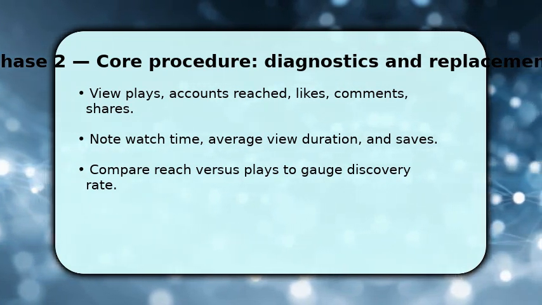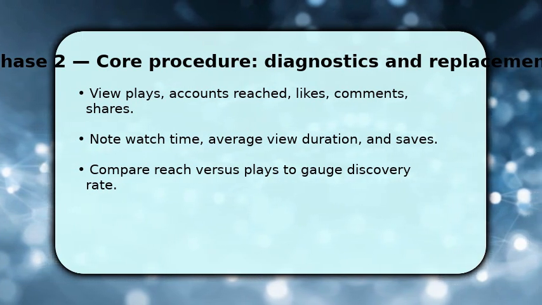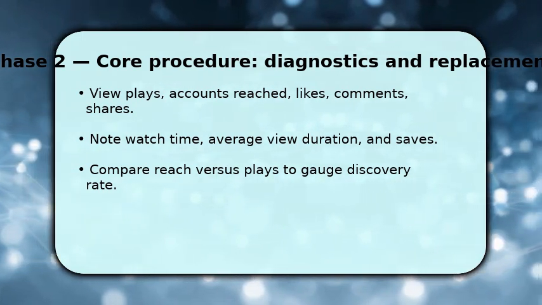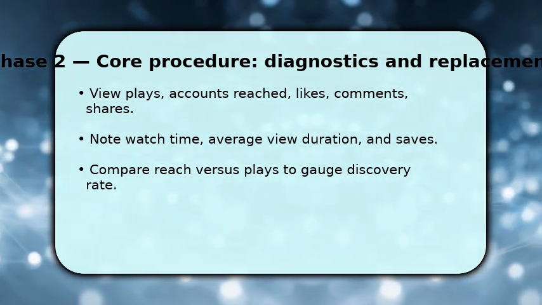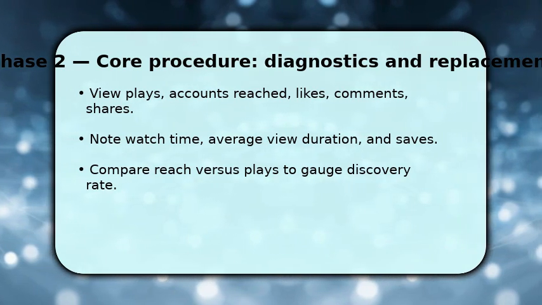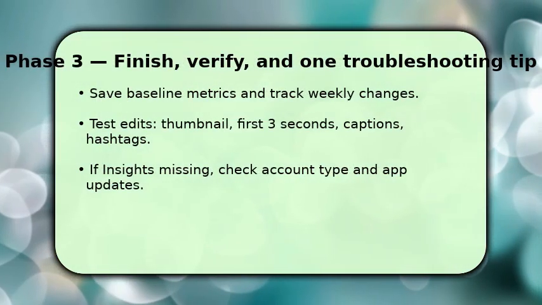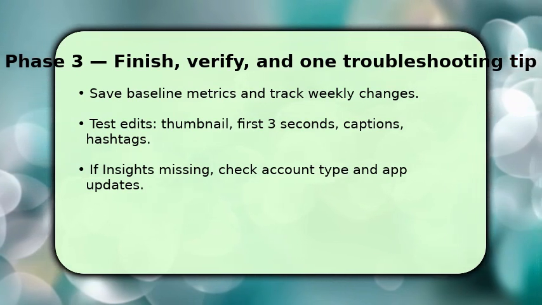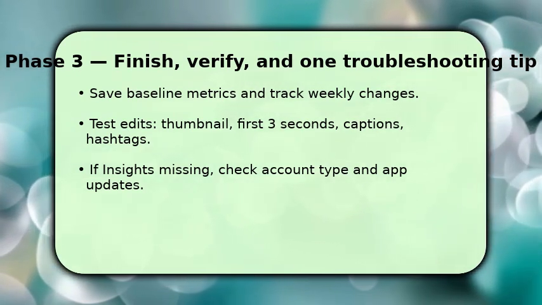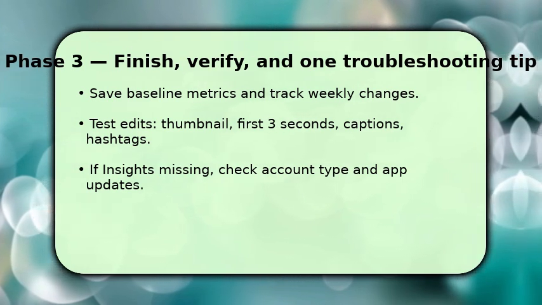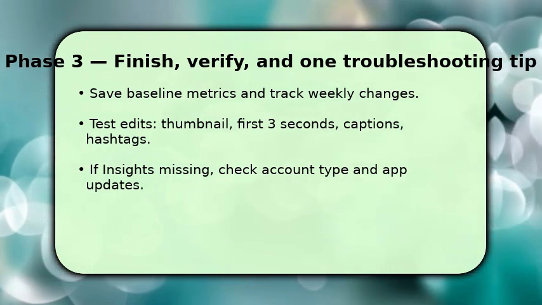Make sure to scroll to demographic and source data. They explain who saw it and whether discovery came from home, explore. Now act on what the data shows. Record baseline metrics and track weekly changes because patterns reveal what works. Test specific edits. Change the thumbnail, tighten the first 3 seconds, tweak captions and hashtags, then recheck performance to isolate